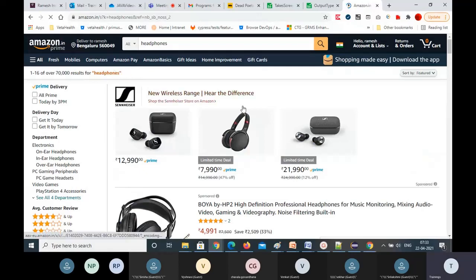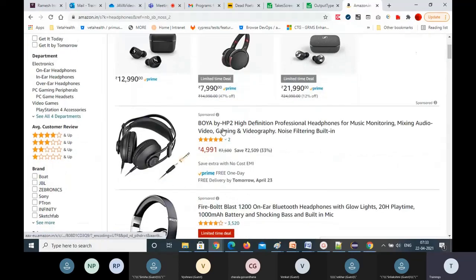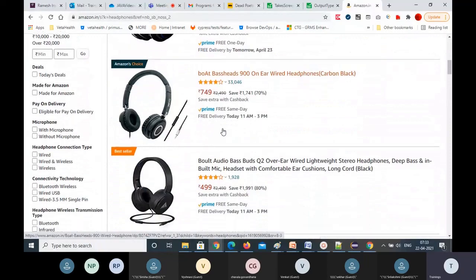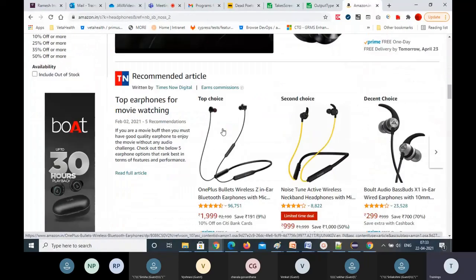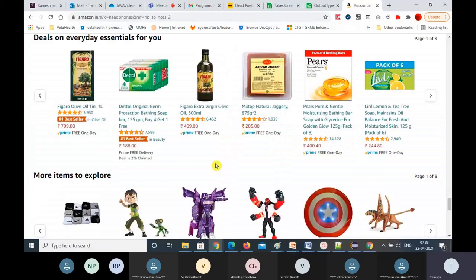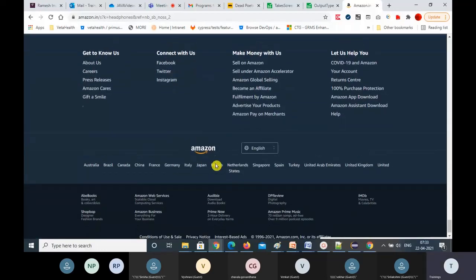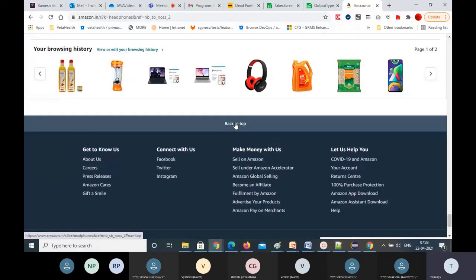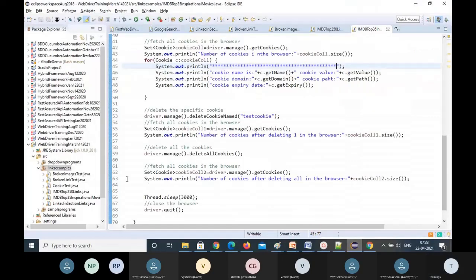So these results you can get, and then you scroll down, scroll down, scroll down. And on the bottom side, there is an option here, back to top. You can see here, back to top. For this element, I want to scroll. So scrolling to a particular element also I'll show you here. So how to do that? Let's target all these things one by one.